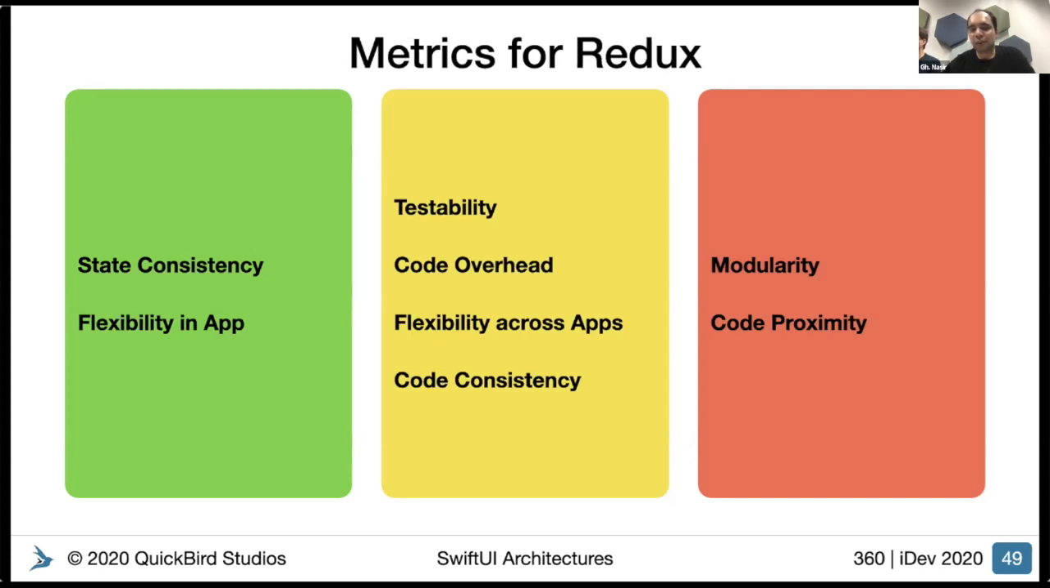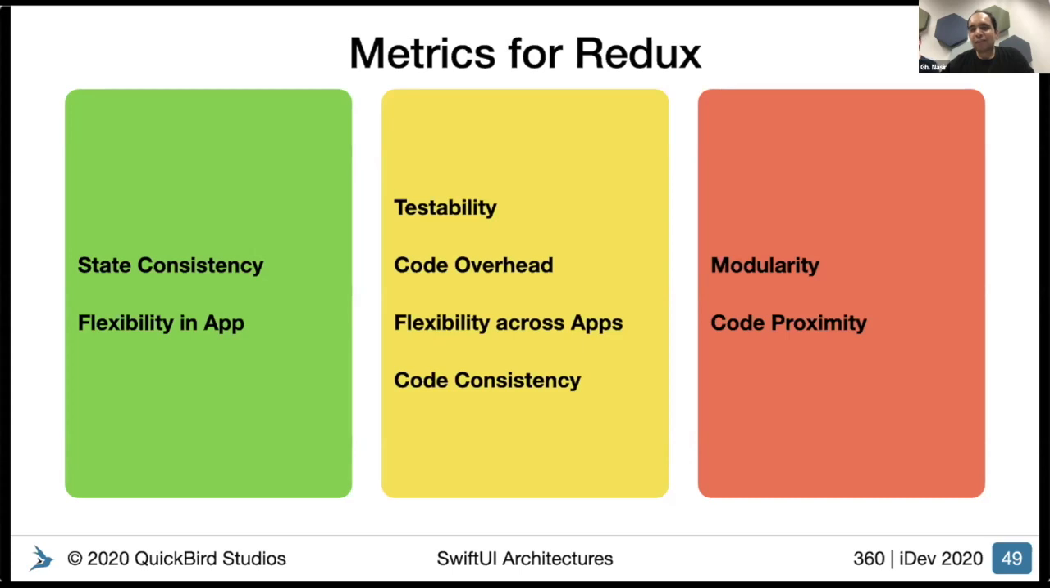And the flexibility across apps: if you have all the actions available in all the states that you want to reuse in other apps, then it might be much easier to move it across apps. But if the app is a non-Redux based app, it's really difficult, because then you'll have to write all this overhead code and stuff like that. The code proximity, I would say, can also go into this yellow part, because all the actions are in the store, but